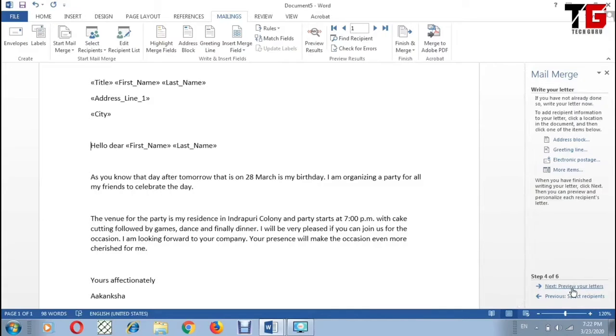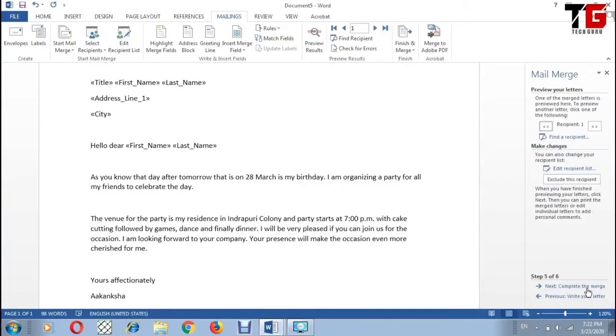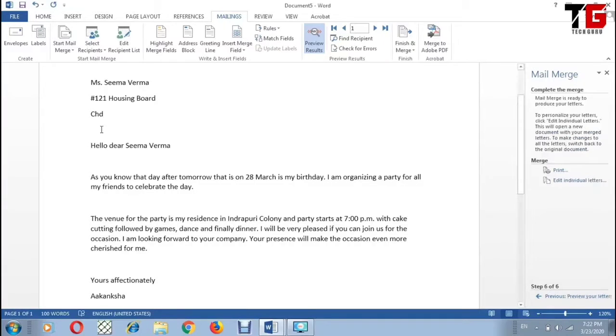Now I go to next, preview your letters. Then I click on complete the merge. Look, it has automatically changed the name with Seema Verma and address line 1 and city. From this option I can check the second person detail, third. From here I can go to the previous one,